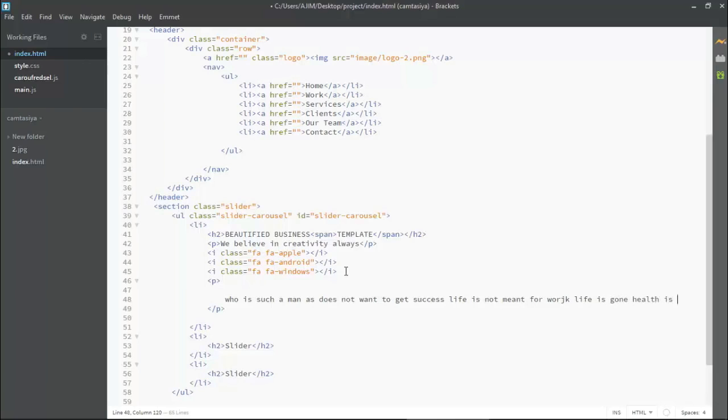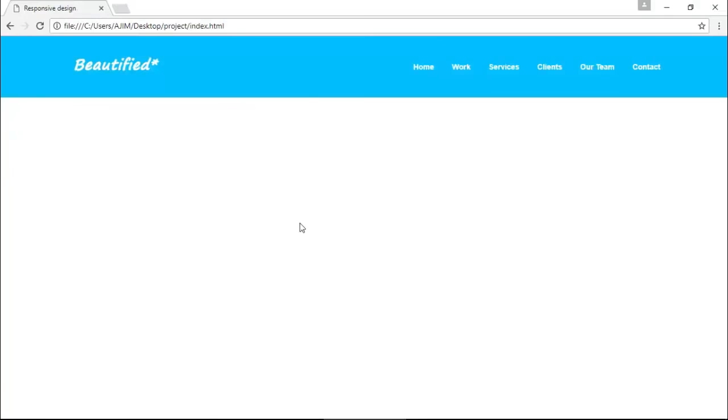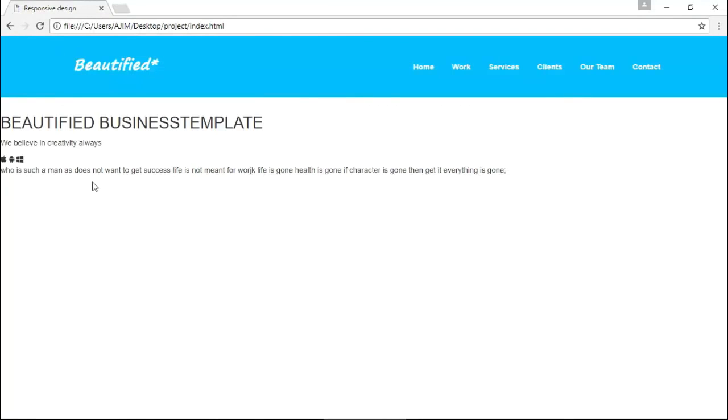Health is gone. Okay, so I put it here, a dummy text. Now I am saving it and again going back to the browser. You can see we are getting it much bigger, so we have to break it.